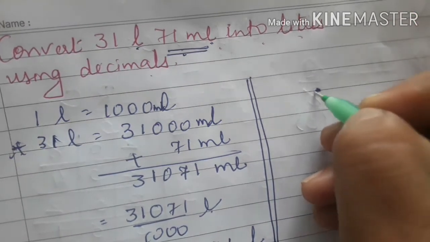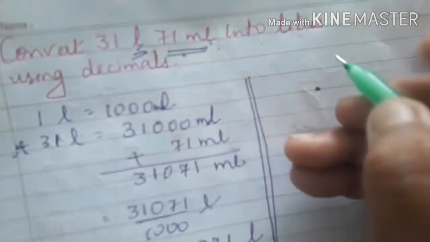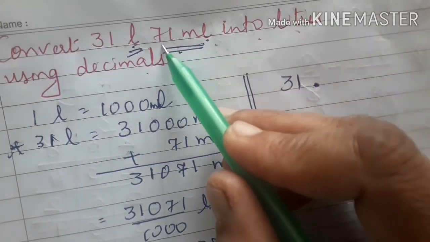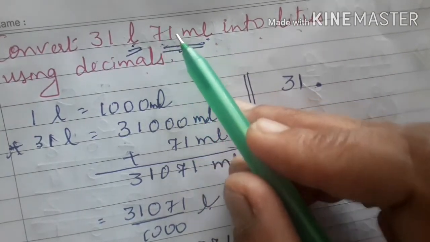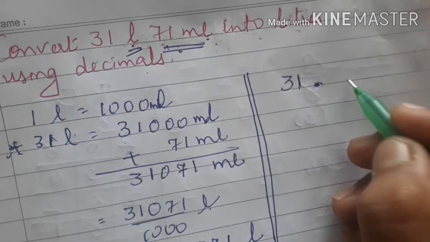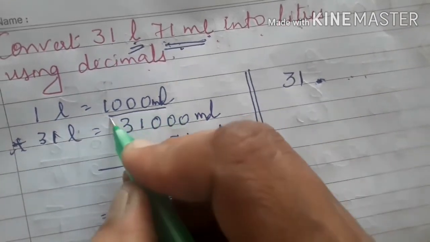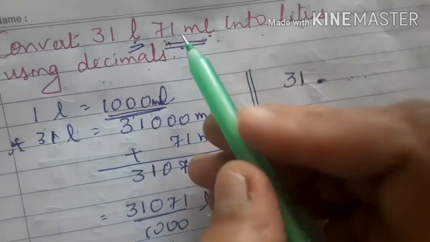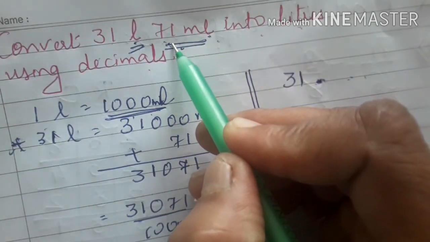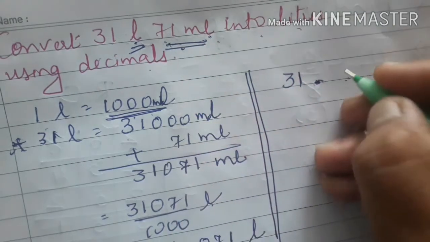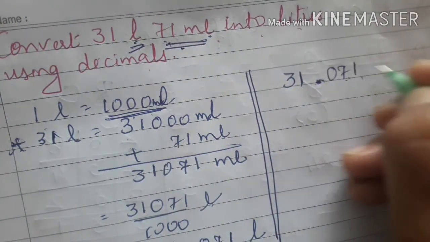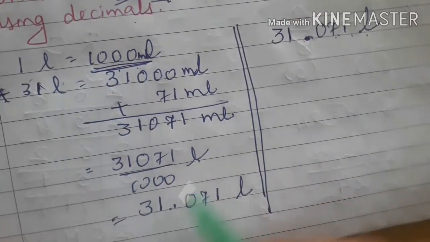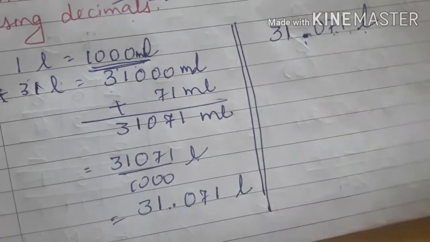So here, before the decimal point, that is liter given. So here you have to write 31, and then 71 is a 2-digit number, and after the decimal point you want 3 digits. Why? Because this is the relationship: 1 liter is 1000 milliliters, 3 zeros. So it means that 71 you have to express in 3 digits. So I can write it as 071, and the bigger unit L, liter. This you could have done directly also.